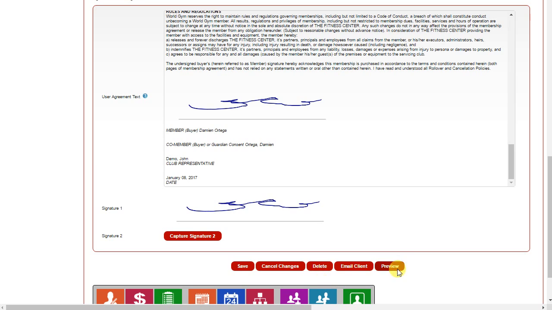From there, once you're done, once again, if you choose to use paper, you can preview and then print this agreement right through your browser. But ideally, the system is designed to be paper-free, so there's no need to print anything. Once you've captured the signature digitally, you simply click Save, and then the software will open a new tab with